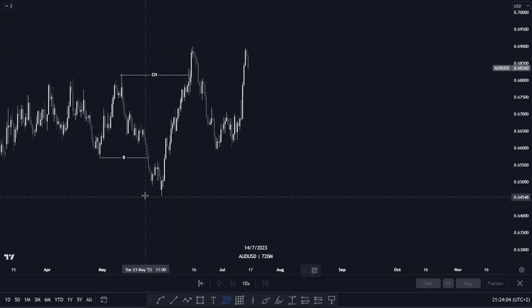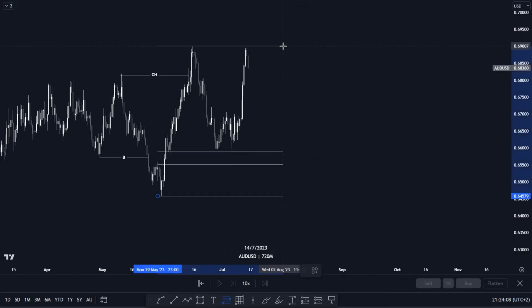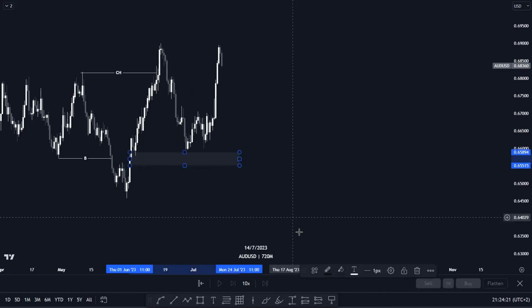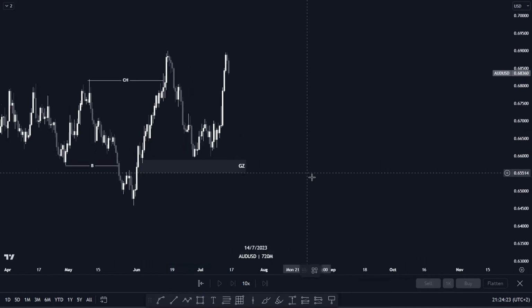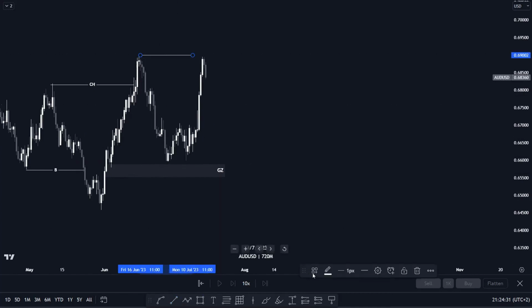Again, we're going to take our golden zone tool, and price just missed our entry with a few pips. Okay, so now what's going to happen next? If price violates our previous higher high, we're going to have our break of structure,